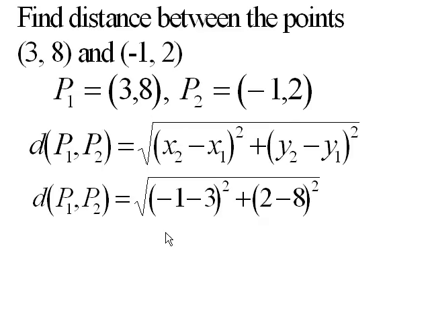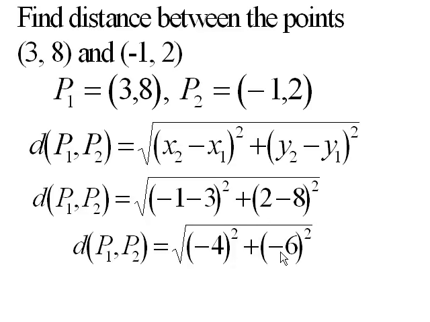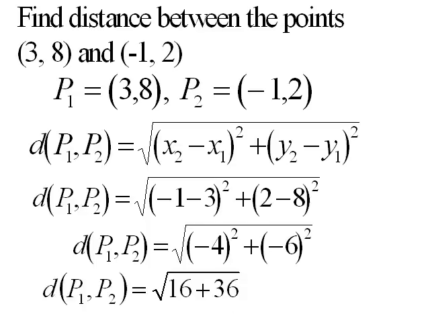Let's do the arithmetic. Minus 1 minus 3 is minus 4. 2 minus 8 is minus 6. So under the radical, we've got minus 4 squared and minus 6 squared. Minus 4 squared is 16. Minus 6 squared, minus times minus is positive, so it's 36. 16 plus 36 happens to add up to 52. If you play cards, you know there are 52 cards in a deck. That's 4 suits of 13 cards each.